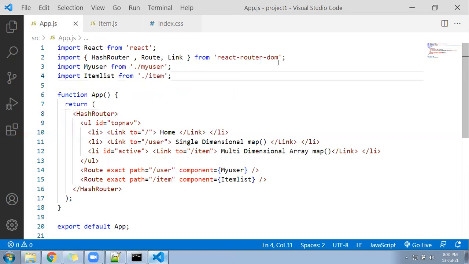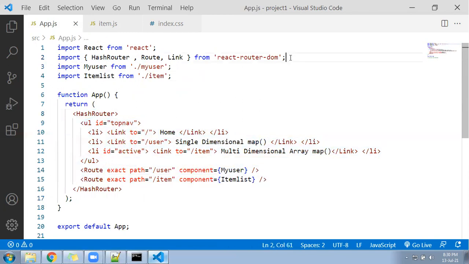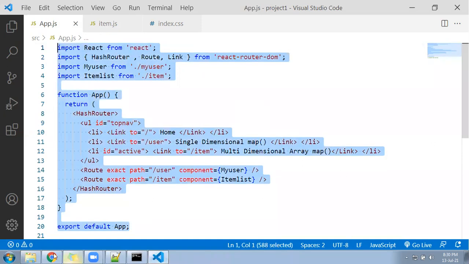Here I have already installed the React router. I have already done the routing for 2 pages I have made already, right? So hope you have already seen the routing. That is the first video of this series React. If still you have not seen, then after this video, just you see now, and after that you implement the routing, then come back and implement. It will be very clean and meaningful for you. Okay, so this was the only code you have under the routing. You can install this React router DOM and you can follow this under the app.js file. Awesome, your page also will look like this itself.